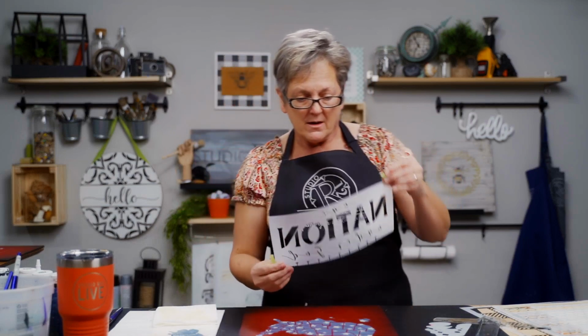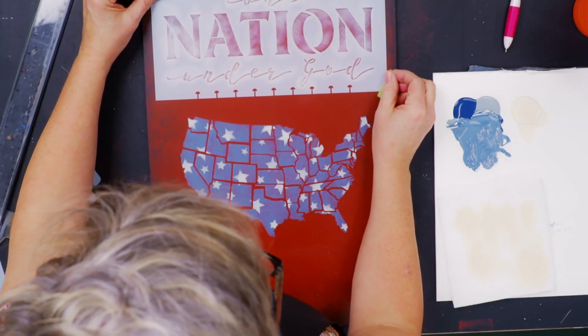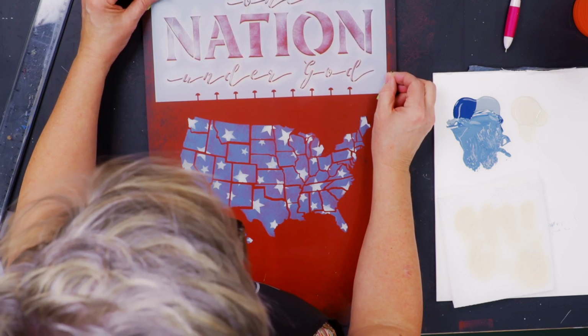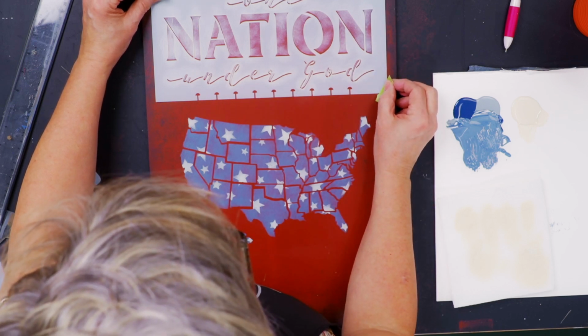Let me show you. So I like to drop shadow to my left and to the lower part. You can do it to the bottom and then to the right. You can do it on top. You can do drop shadow in any way that you want. I tend to prefer this. So I'm going to drop it down. And if you notice, as I go across the bottom, I'm looking for an even amount of